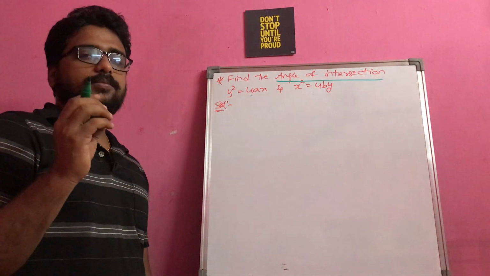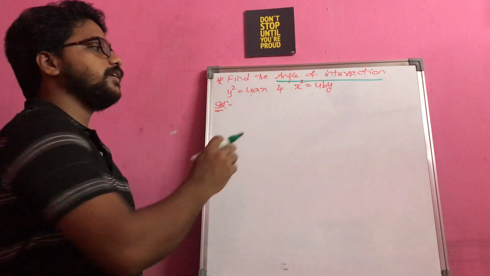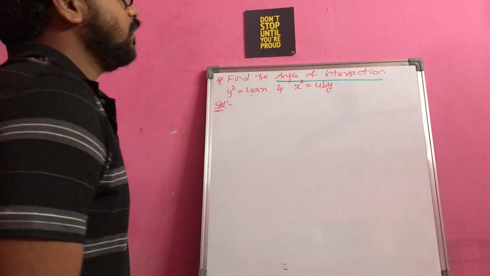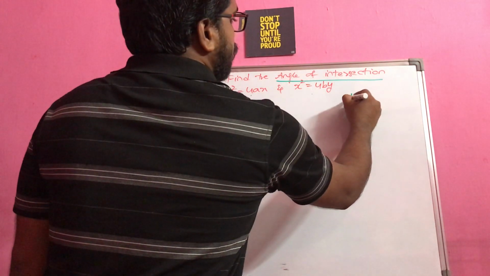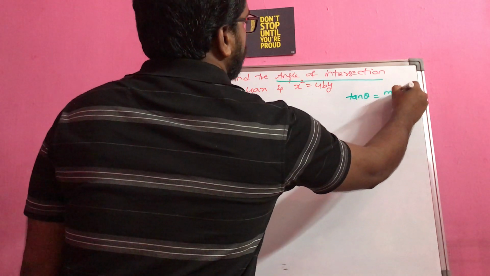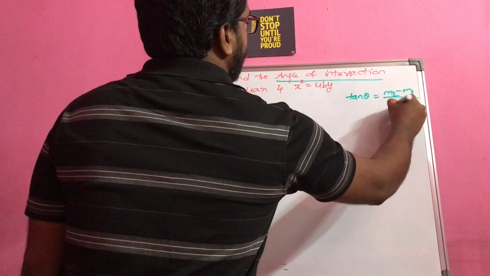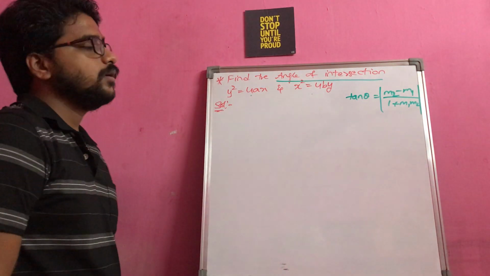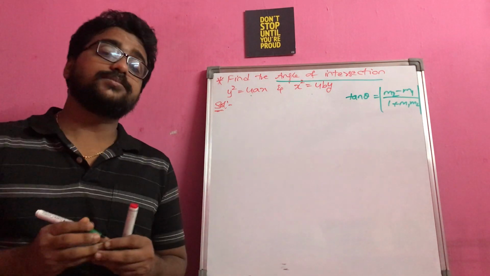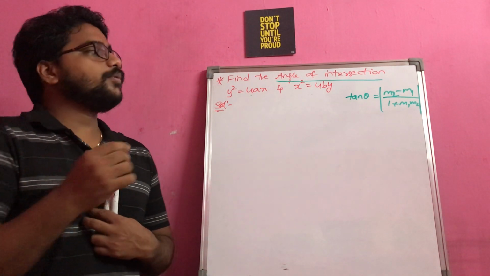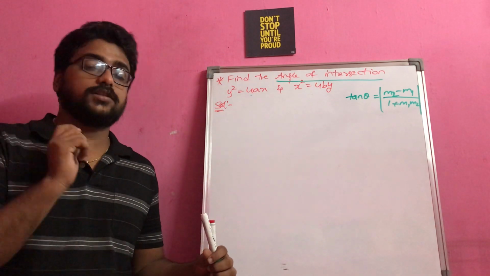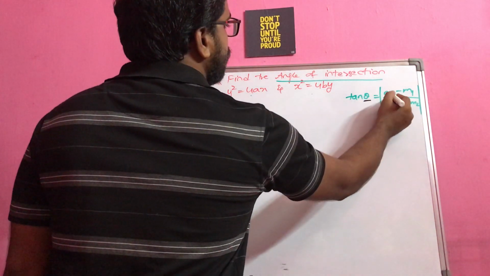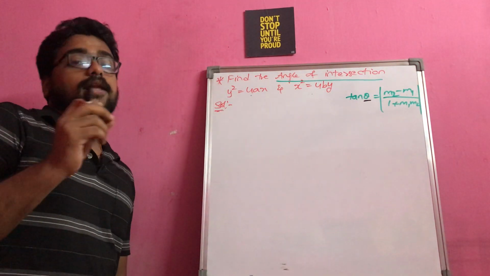That means you need the angle between these two curves. So again you just have to recall from the straight lines concept. When I have the two slopes, the formula is tan theta is equal to m2 minus m1 divided by 1 plus m1 m2. Anyway, you can write m1 minus m2 or m2 minus m1. Now the question is, why do I have to go for this formula? Simple thing. This theta is the angle between these two corresponding lines.